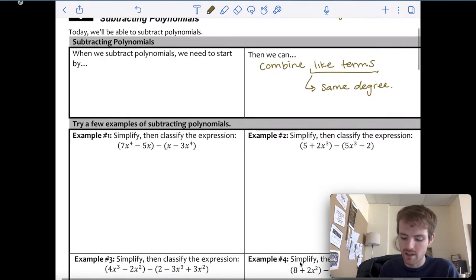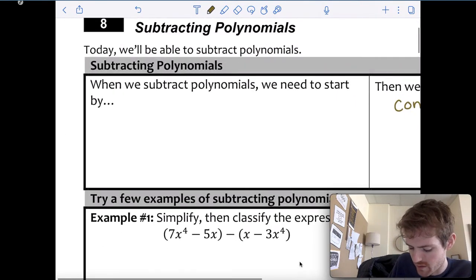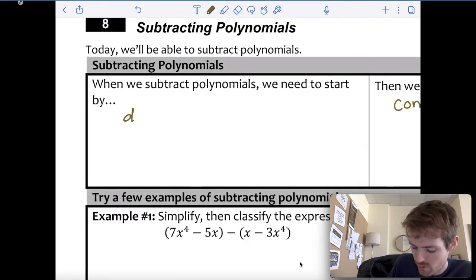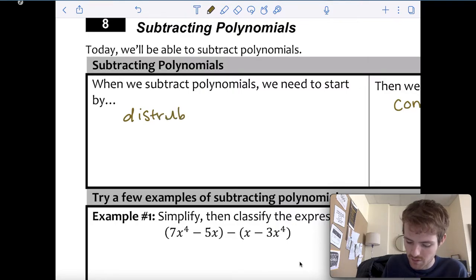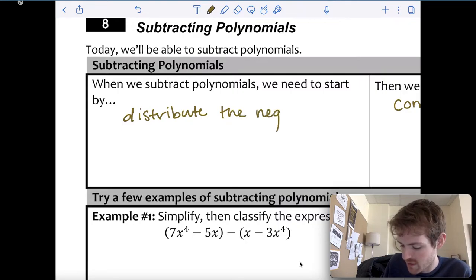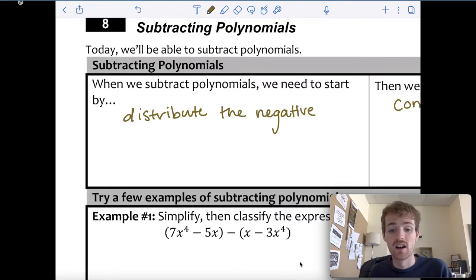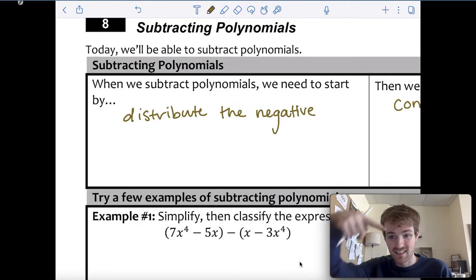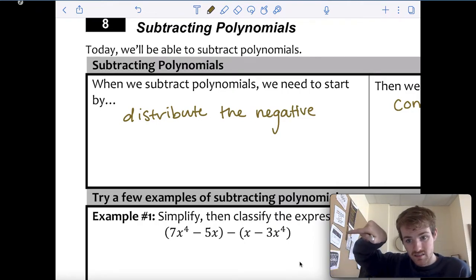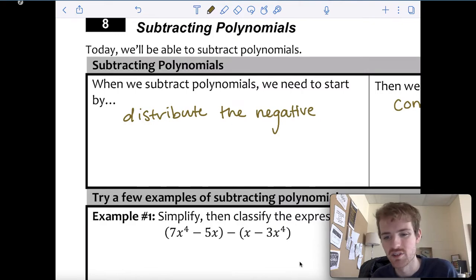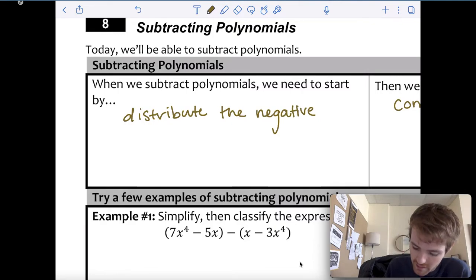Oh, you know what? Yes, I'm remembering why this box is here. When we subtract polynomials, we need to remember to distribute the negative. What that means is that we're going to see a lot of parentheses problems, like example 1 right here. You see those parentheses? Well, here,